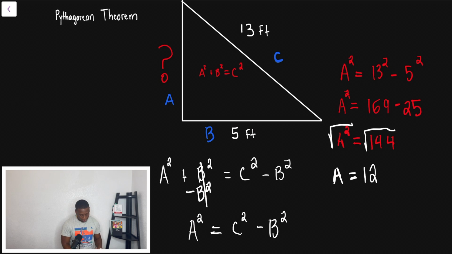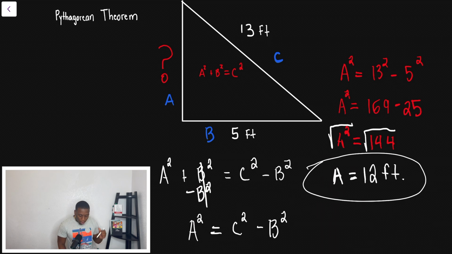And I just want to tell you guys, don't forget your units, right? I was one of those teachers, 12 what? Inches, feet, meters. Make sure that you guys put the unit that we're talking about. We're talking about feet. And we know that the missing side that we're looking for, A, is equal to 12